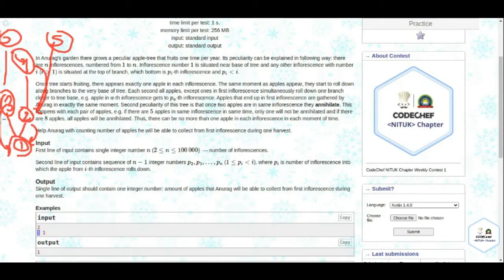ओके, एंड अनदर सेकंड में 3 2 वाले तो यहाँ आ गए थे, वो यहीं रहेंगे, और ये वाले कहाँ जाएंगे, फिर 1 में आ जाएंगे, 3 नीचे। ओके, so what does this mean? For example, the second inflorescence gets to P2, so means 2 वाला जो है वो किस में आ जाएगा, P2 में आ जाएगा, यानी P2 की वैल्यू क्या है 1। ओके, 3 वाला कहाँ जाएगा, P3 में